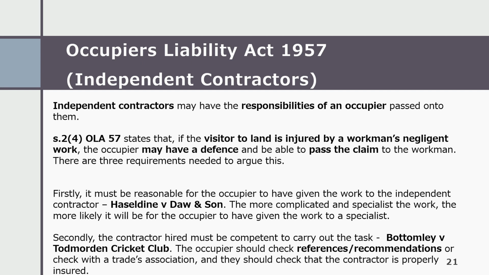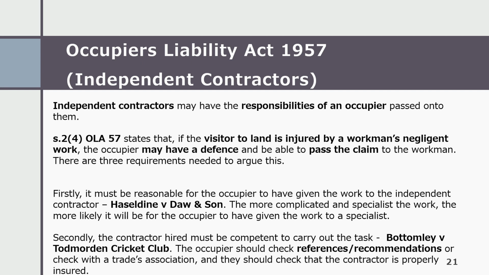So independent contractors may have the responsibilities of an employer passed on to them. Section 2, subsection 4 of the Occupiers Liability Act 1957 states that if the visitor to land is injured by a workman's negligent work, the occupier may have a defence and may be able to pass the claim to the workman. There are 3 requirements needed to argue this, however. Firstly, it must be reasonable for the occupier to have given the work to the independent contractor. That's Haseldine